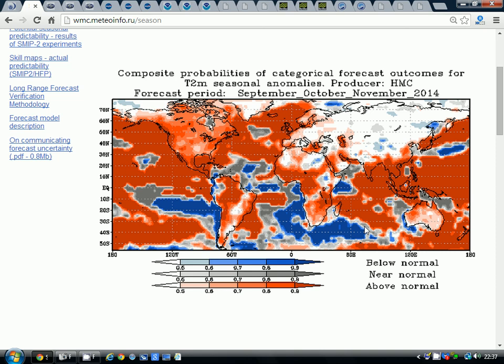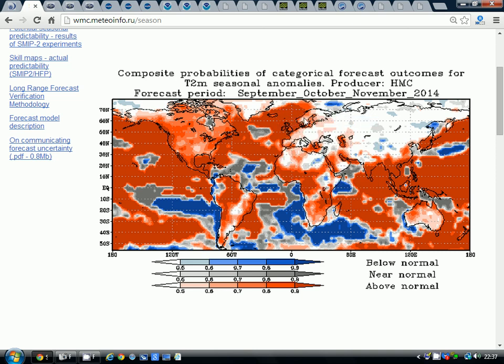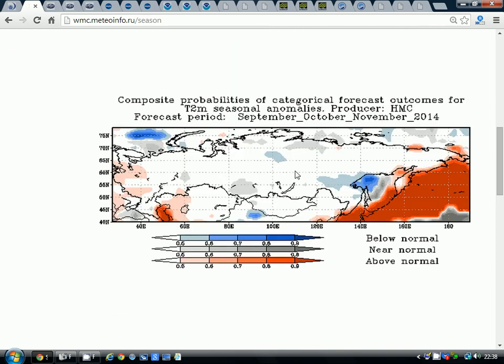The next model we're going to look at is the Russian model. These are probability forecasts from Russia, starting off with the temperature probability. First of all, firmly in those red colours there, actually you can't see it, so I won't bother highlighting it, but the reds are so deep you can't see the highlighter pen there, but I can assure you the British Isles is just there, bathed in those red colours.